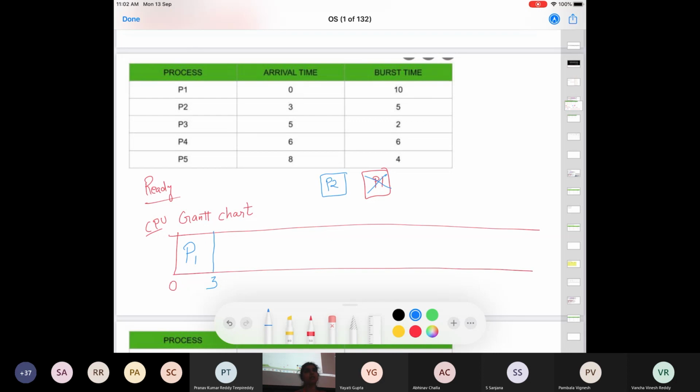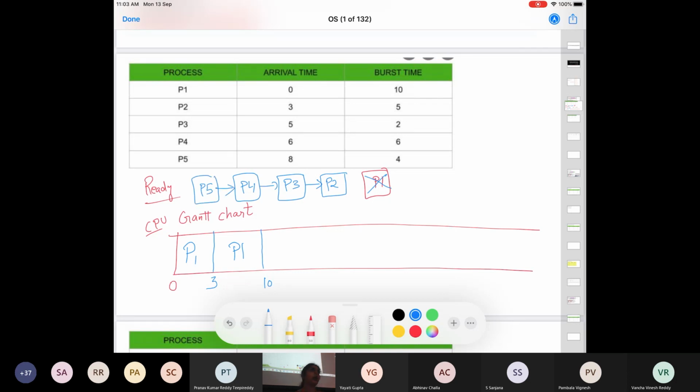So definitely if I keep executing P1, and let's say the burst time of P1 was 100, what then? Everyone would just keep waiting and P1 would keep executing, and we do not want that, right? We'll slowly come there. So I'll keep executing P1 here for all the 10 milliseconds, assuming that the burst time here is in milliseconds. So P1 executes till 10 milliseconds, and during this time, at time 5, P3 comes and sits behind P2, and P4 comes, sits behind P3. P5 has also come by this time and is sitting behind P4.